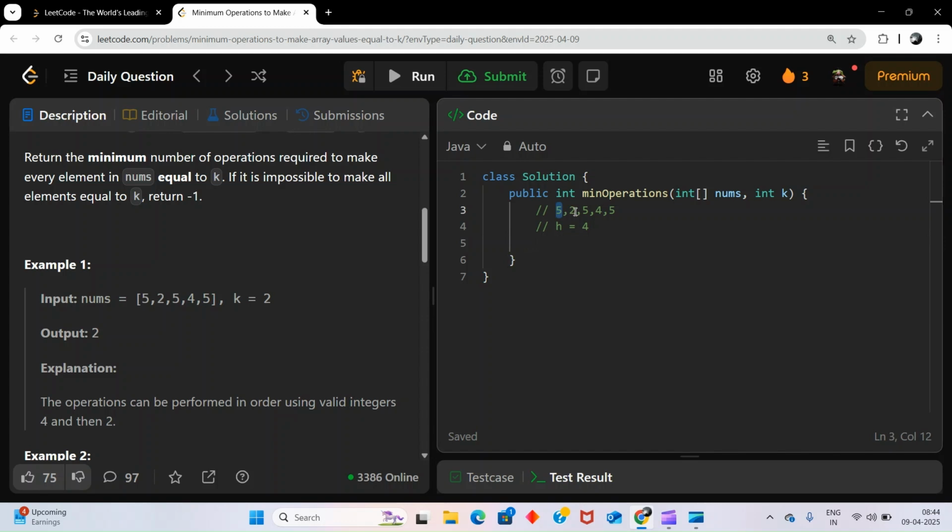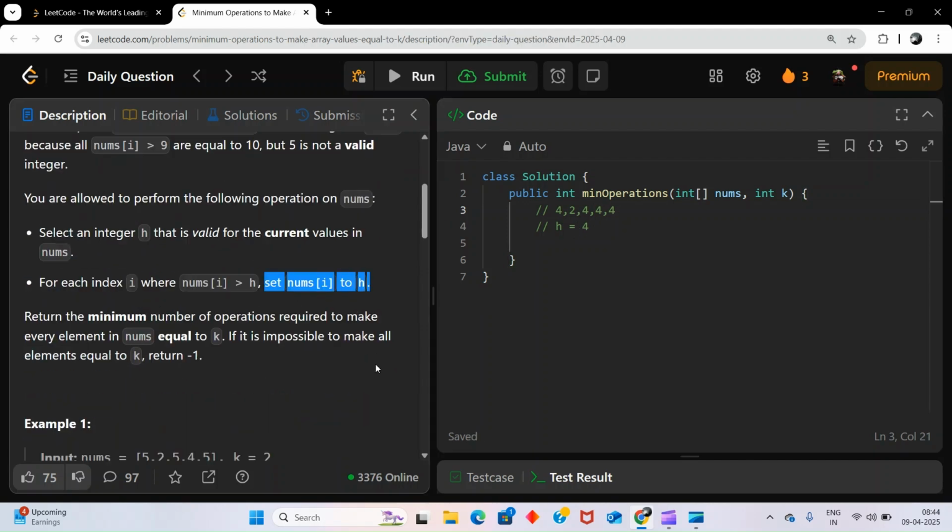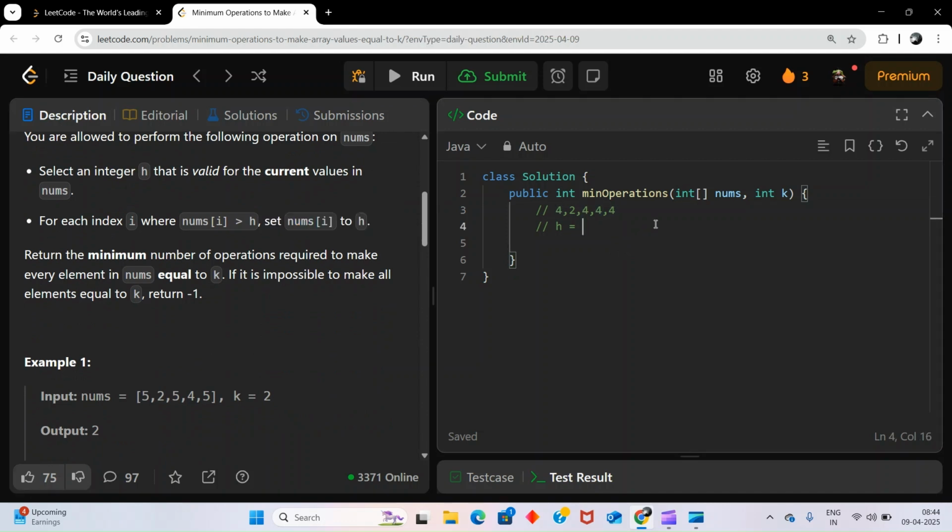It is 5, and all are identical, right? So now we can just replace this with 4 as our h was 4. Here it is written, set nums of i to h. Now the next valid integer we will take is 2, and greater than 2 all the elements are identical. So we will just set it to 2.